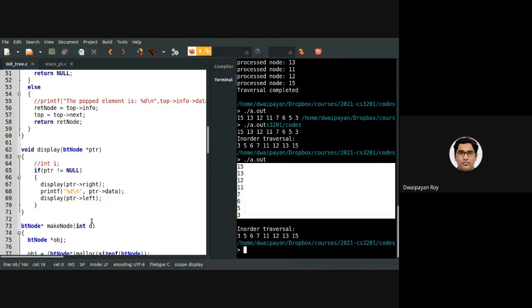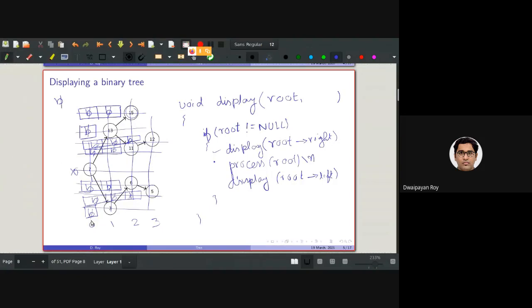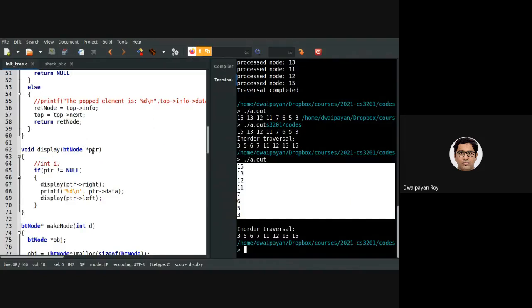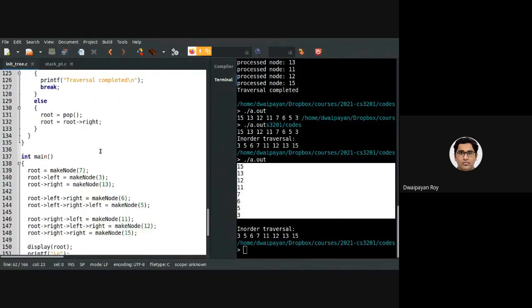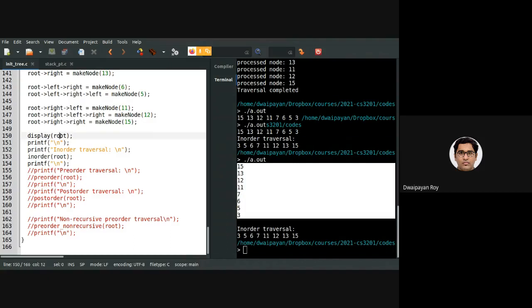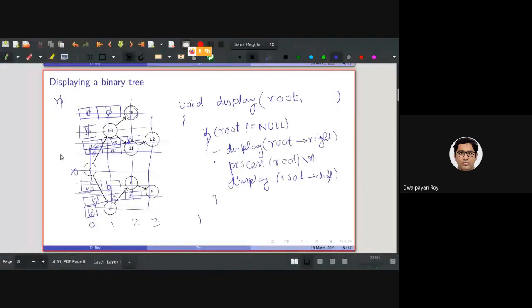Now, how to do that? So basically, when the tree is called, this display function will be called with the root from here. I am passing the node, the address of this, and the label is what? 0.